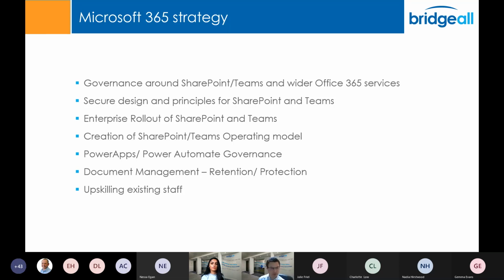Do the help desk team deal with that as well, or do you have somebody separate that can deal with that? And then document management, how's that set up? Your retention policies, your sensitivity policies, and upskilling your existing staff to understand a bit of that. So, this is an area that we work with quite a lot of customers in,